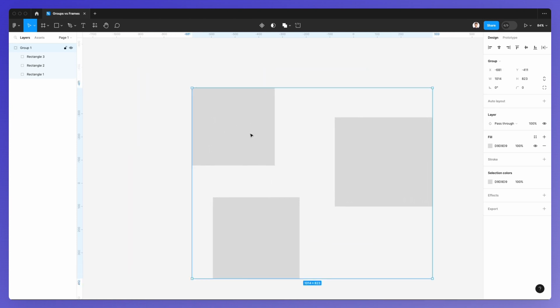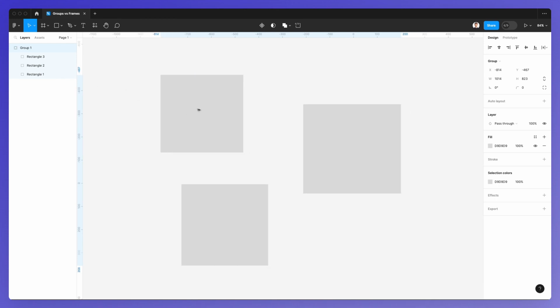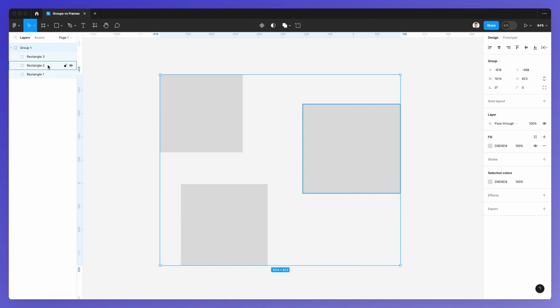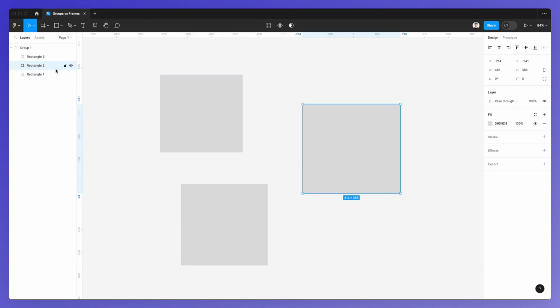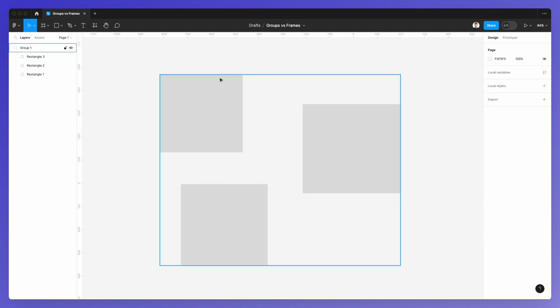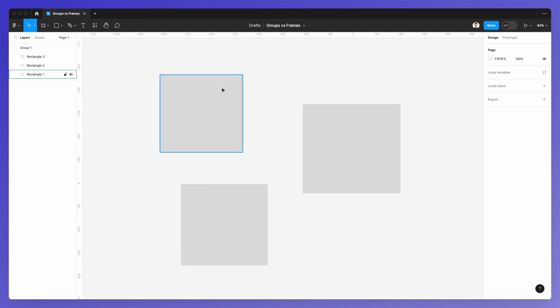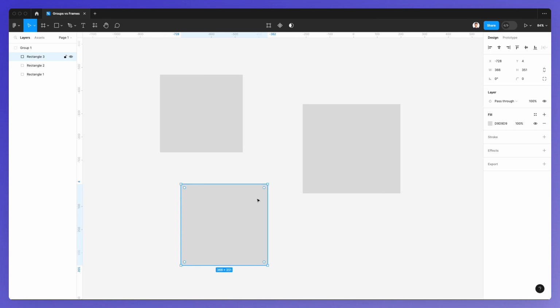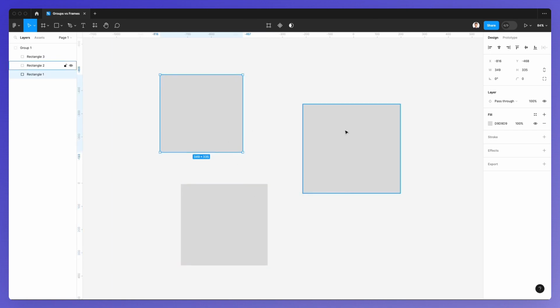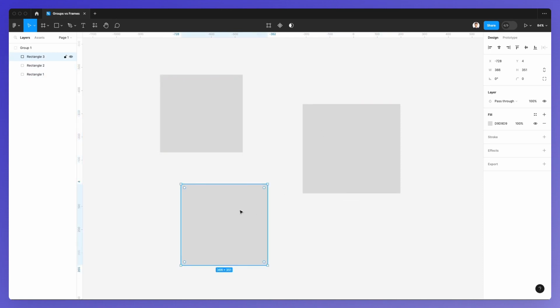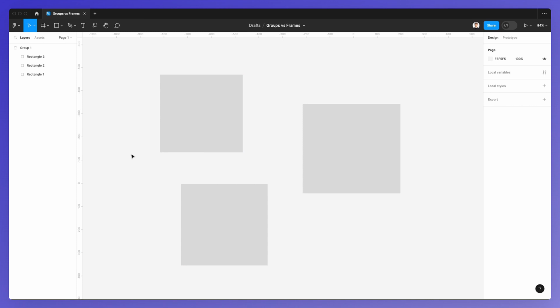So I'm going to essentially select the group. And if I want to tweak the position or any feature, really, an option of the individual layer, I'm going to need to select the actual layer within the group. Now, a very easy way to do what is called a deep selection is to use the Command key. And as you can see, the moment that I keep pressing the Command key, I can easily select the layers within this group because it's going to essentially do a deep selection, which is going to be something very useful